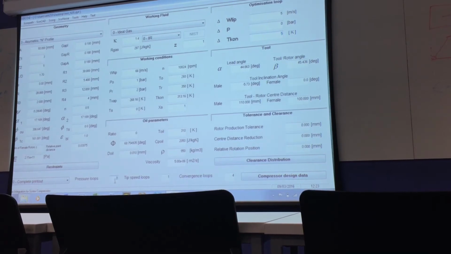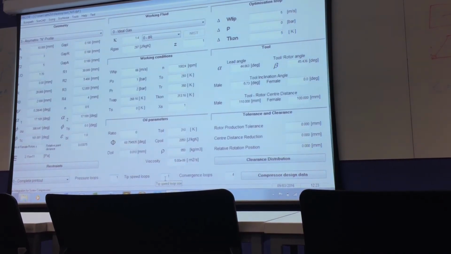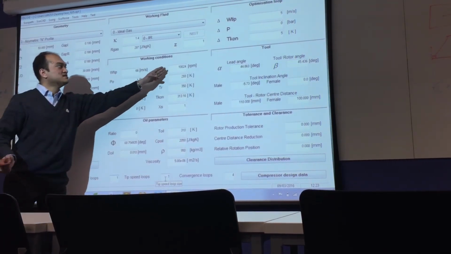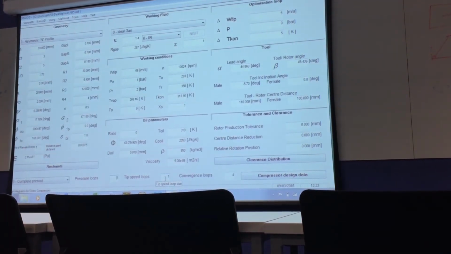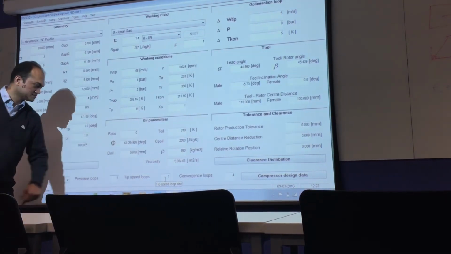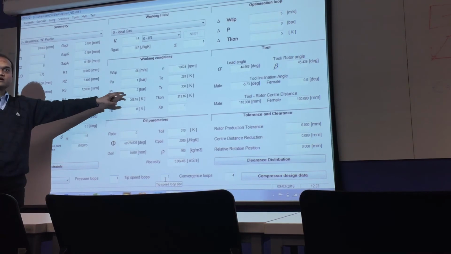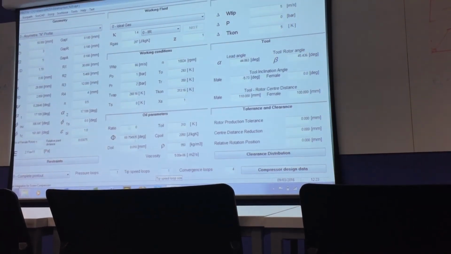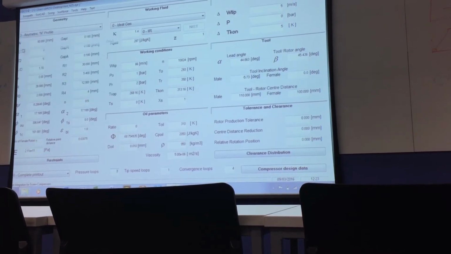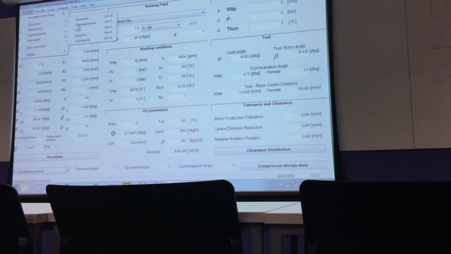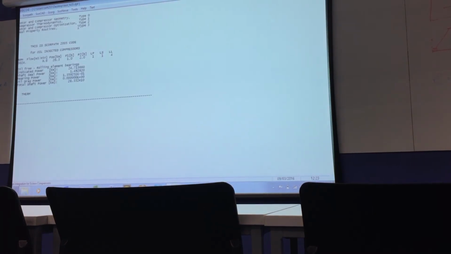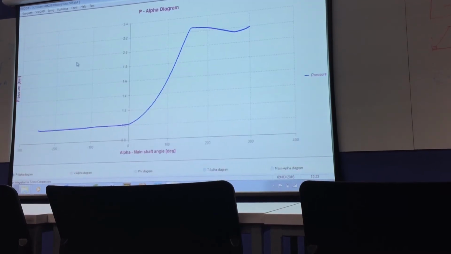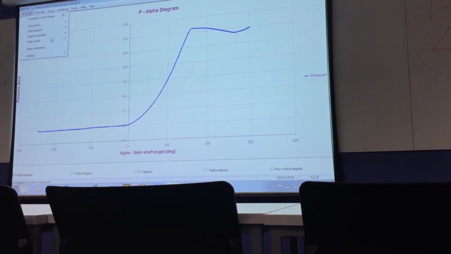And there are some loops given here, pressure loops, tip speed loops. For example, if you want to do a calculation starting from 10,000 and then doing 11,000, 12,000, 13,000 in steps, then you can give tip speed loops. If you want to start calculation at 2 bar and do further 2.5, 2.6 in a continuous mode, then you can give pressure loops. So for now, I'll keep them 1-1, save the project, and go to calculation, thermodynamics. So that gives me the, let me go to data just first.